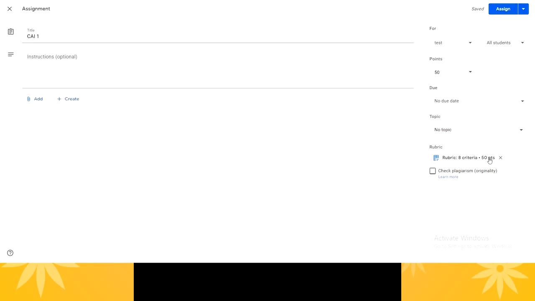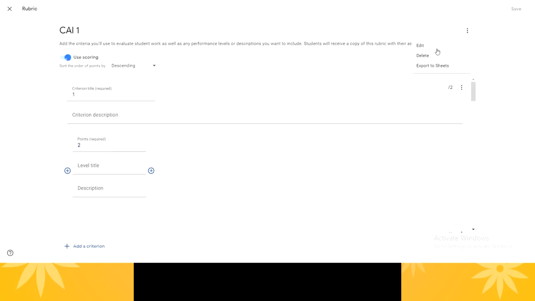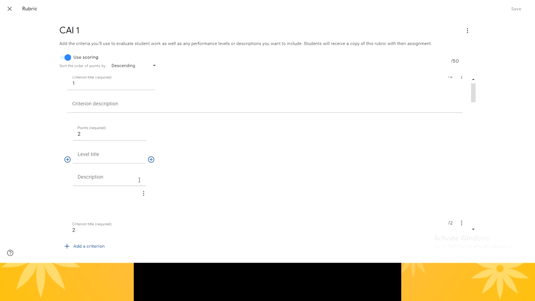Okay, now what I can do is when I click on this rubrics, right, I can get the complete structure of the rubrics. Right, for question number 1, 2 points allotted. Question number 2, 3, 4, 5, 2 points were allotted. Okay, then coming to essay type question, it is 15 points. Coming to the part C 8th question, it is 10 points. For example, I am having it like this. Okay, so out of 50, the exam will be conducted. Right, if you want to make any changes in this, then you can make it here by using this button. You can edit this particular option.